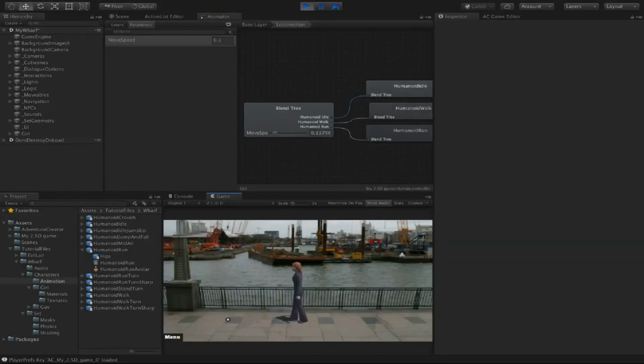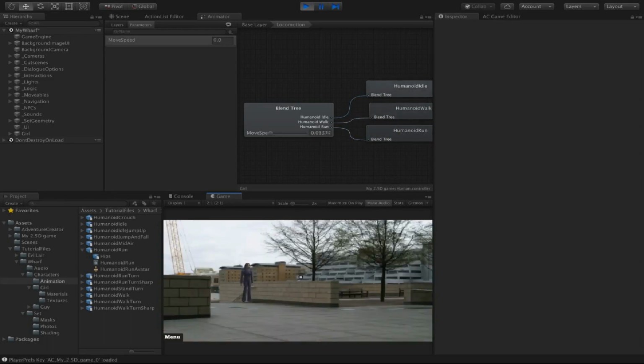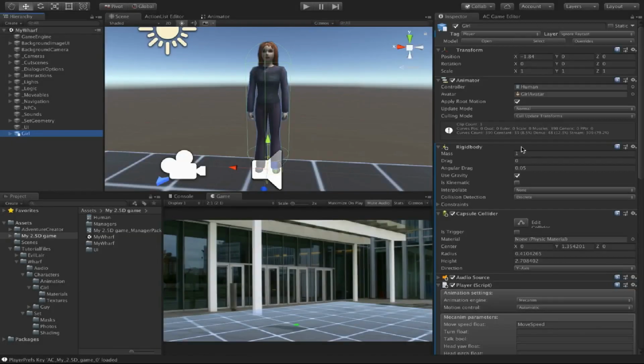Running the scene now, you can find that we are now controlling this girl instead of the robot. If I single click, she'll walk. If I double click, she'll run. There is a little bit of a teething problem though. If I double click to go up to the plaza, she does a little hop as she comes up the steps there. And that's because we're using root motion, so we're using motion to control the physics and not